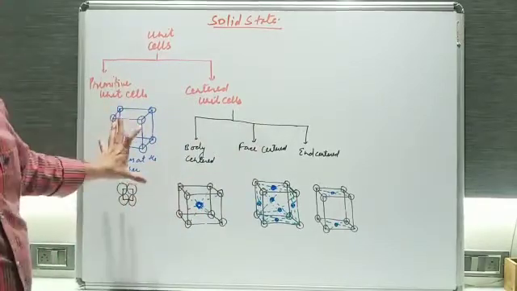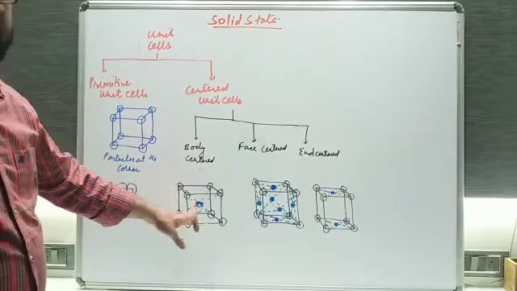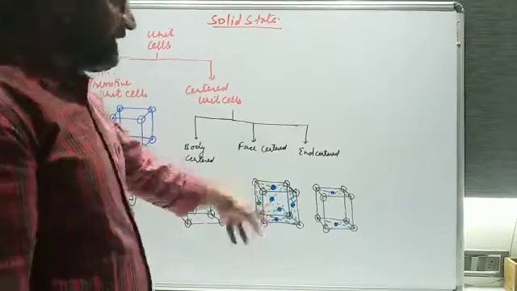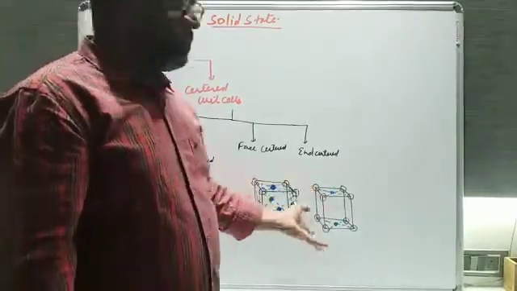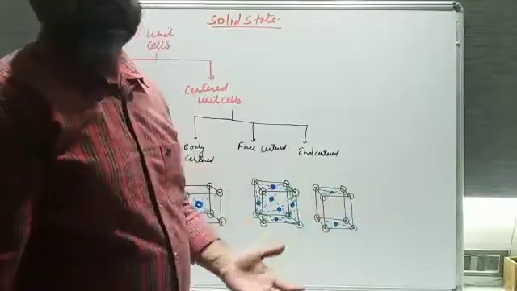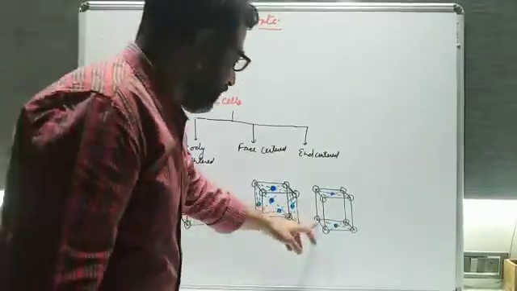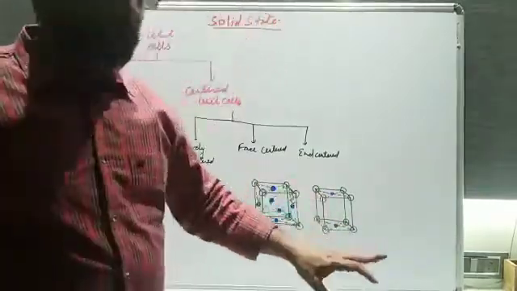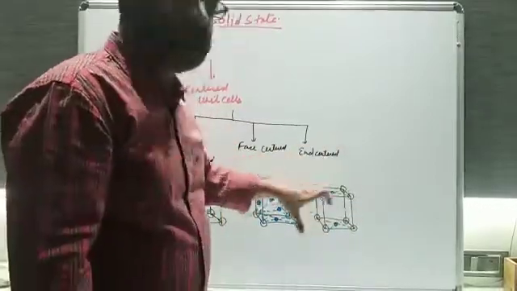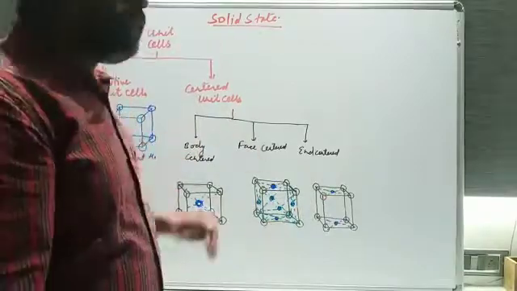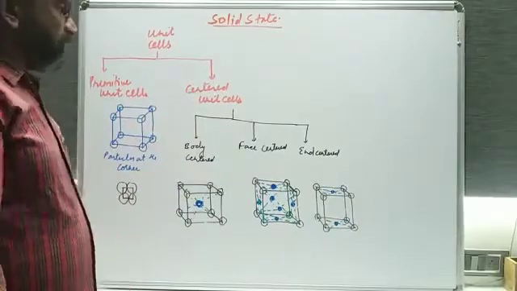Here it looks like 8 particles are there, but actually 8 particles are not there. Here you can see 8 plus 1, 9 particles, but 9 particles are not there. On this side you can see 6 plus 8, 14 particles, but 14 are not there. And this side 4 plus 2, that means 6 particles are seen, but 6 are not there. So whatever is visible is not actually present. Is it fine? Sorry, 1, 2, 3, 4, 5, 6, 7, 8, 9, 10, 10, not 6. 10 particles are visible here, but these 10 are not present in that case. So we need to calculate the number of particles. Is it clear, students? We have to just calculate it.